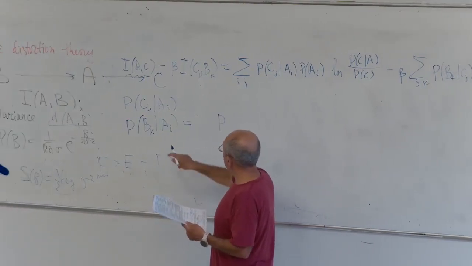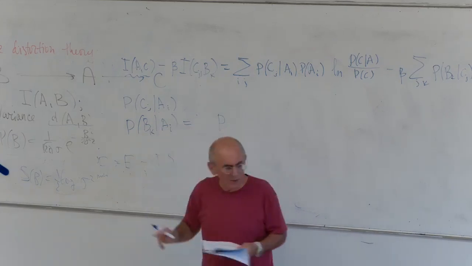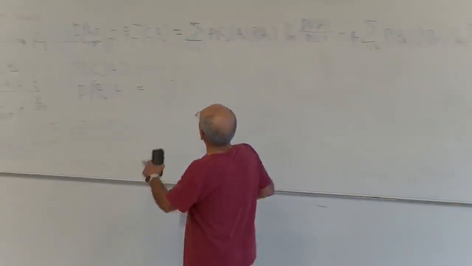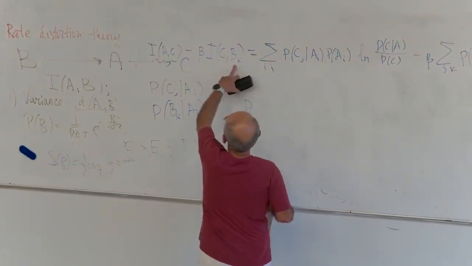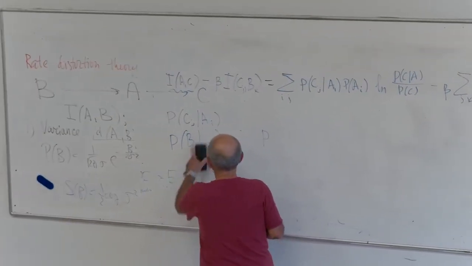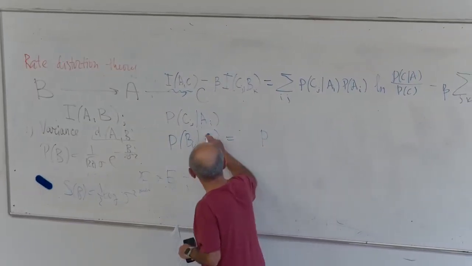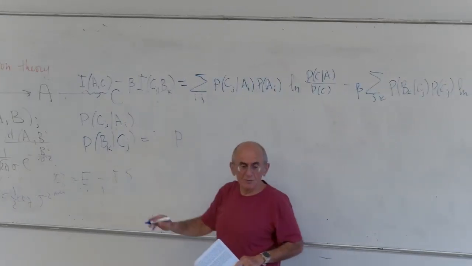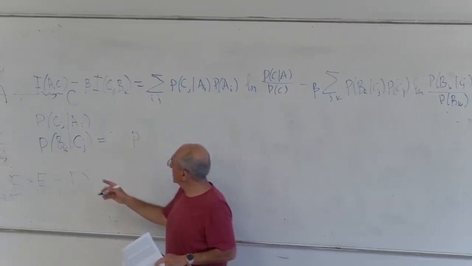no, I did wrong. I don't need this one, sorry. This is the wrong formula. I feel that, because I need C and B, mutual information, right? And what is written here, so I really need this one, right? Because I need mutual information. Sorry, this was a misprint. So now it's clear that the sum must be